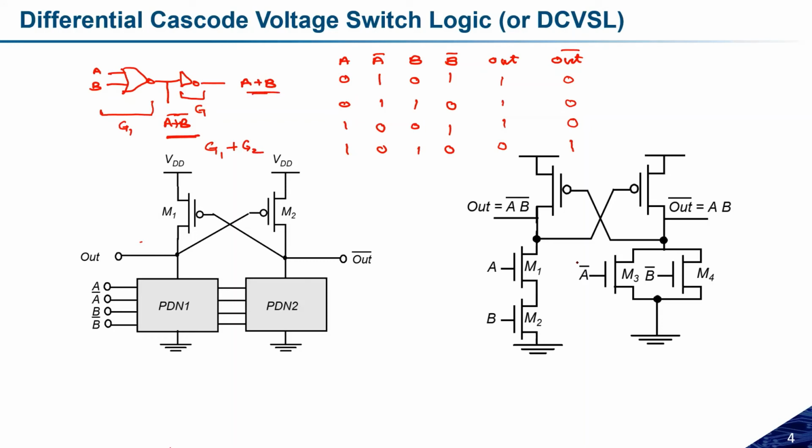But here the single delay is there. So we are getting both the functions at the same time. So might be in some function you need ANDing as well as NAND. Suppose I have the function F is equal to A dot B bar plus, let us assume, C into A B, something like that. In that case, you will get these two functions at the same time. You don't need to wait for the next time period. So the overall delay will be reduced.